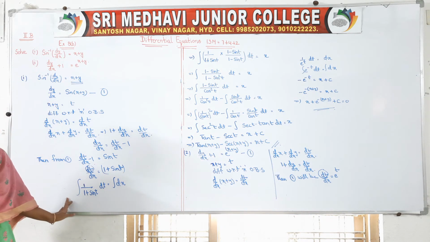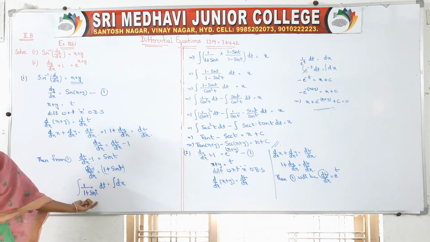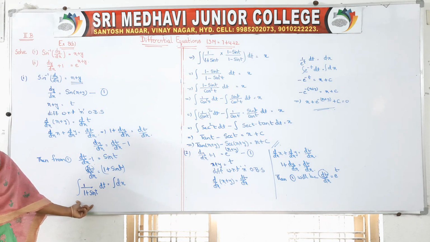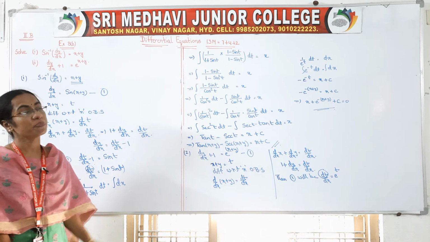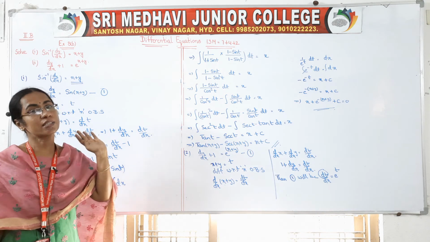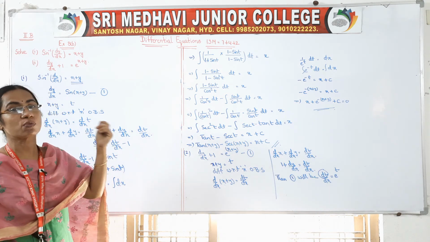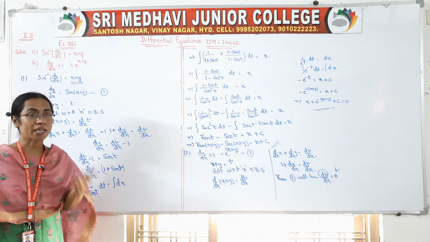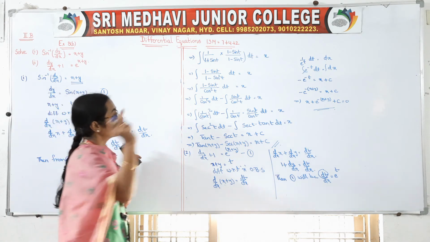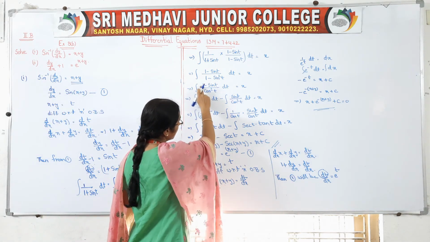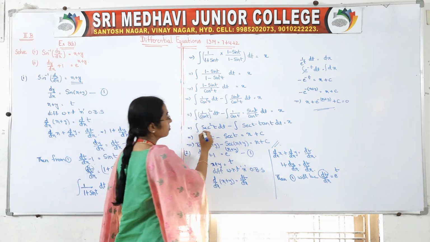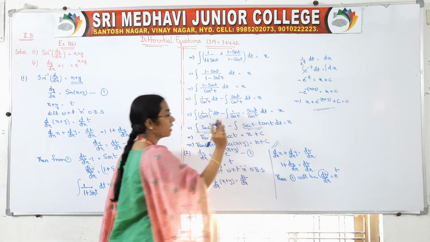Once separated, you take the integral. Now we have to solve this integral. How can we solve this integral? Already in integrations and definite integrals we solve this type of problem. 1 by 1 plus sine t is there, then multiply and divide with 1 minus sine t. Then downwards you will get the 1 minus sine square t form. By our trigonometry, 1 minus sine square is cos square, so we have cos square t. Then separate it: 1 by cos square t and sine t by cos square t.